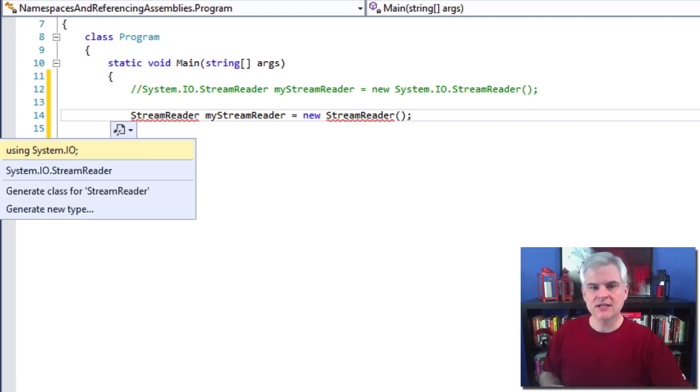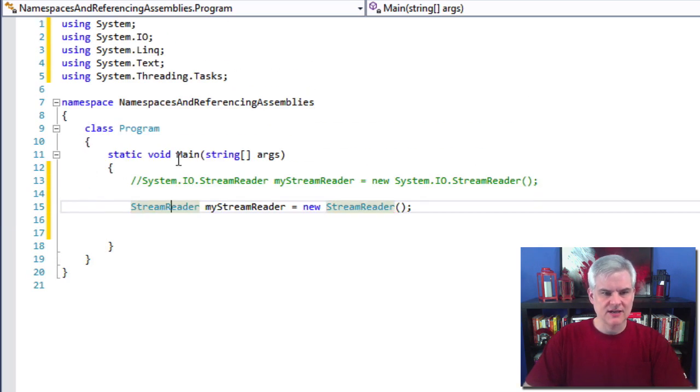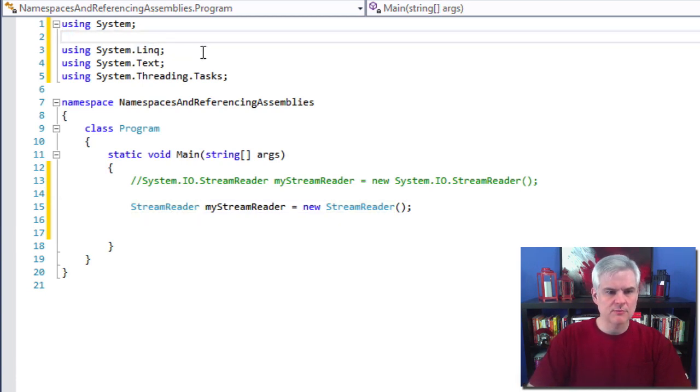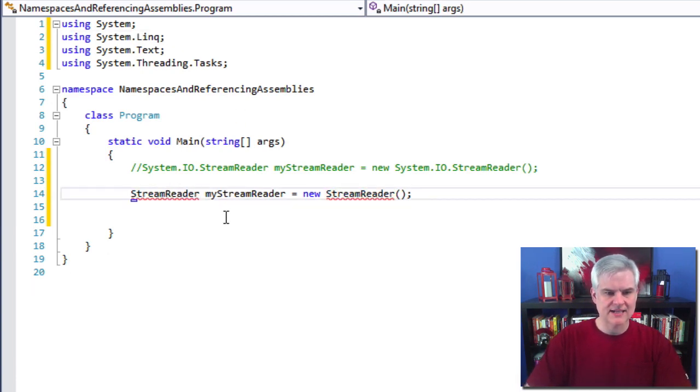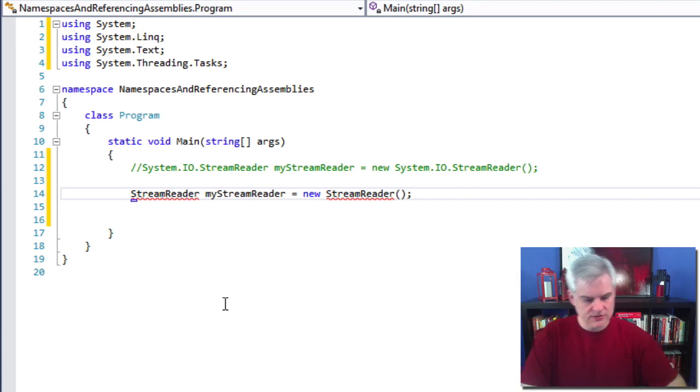And so using the mouse technique, once you hover over that blue dash, the context menu appears. The very first option is using system.io. If it's not already highlighted, you can use your down and up arrows and then press the enter key on the keyboard. So you can see what it did here. It actually added that system.io. But I'm going to remove that, and we're going to take the other tack, which is to actually use